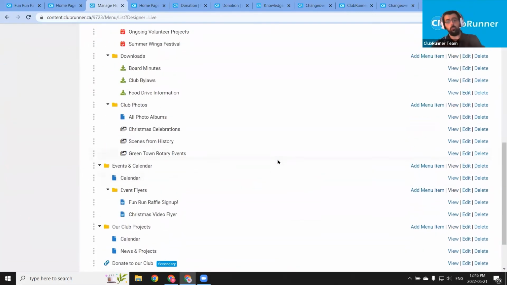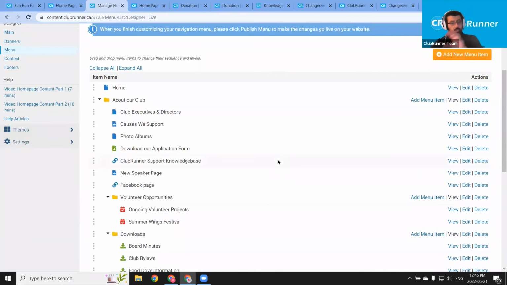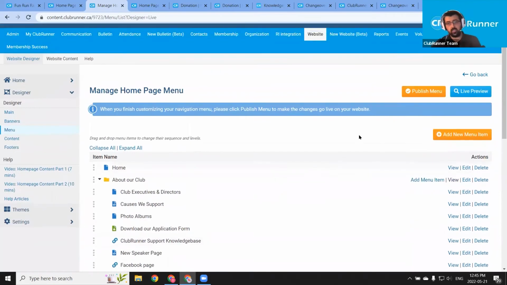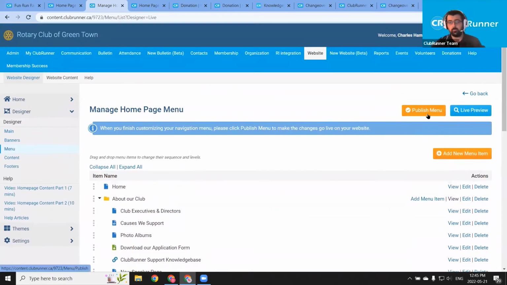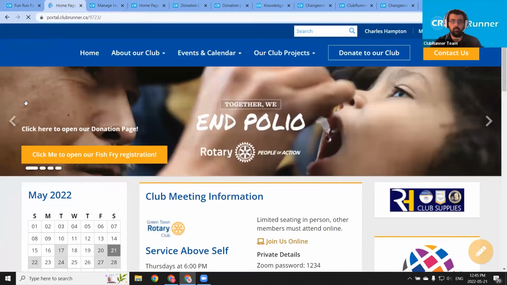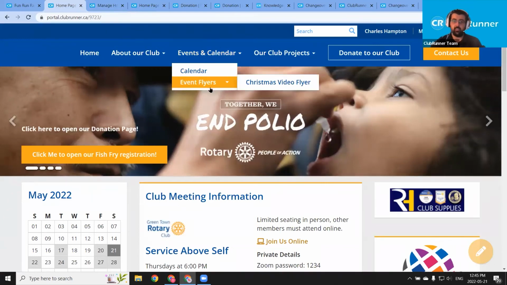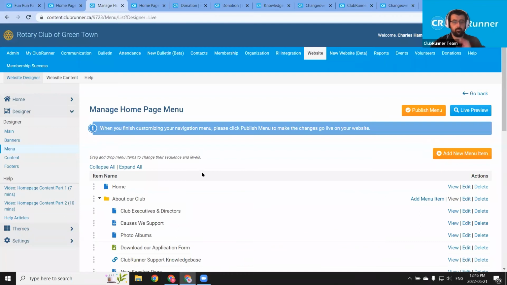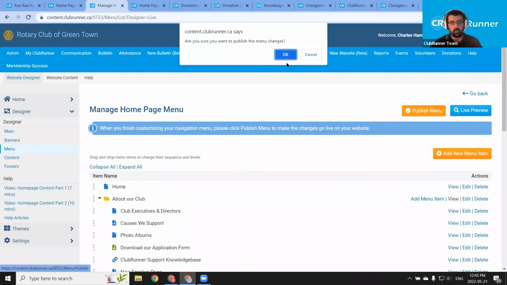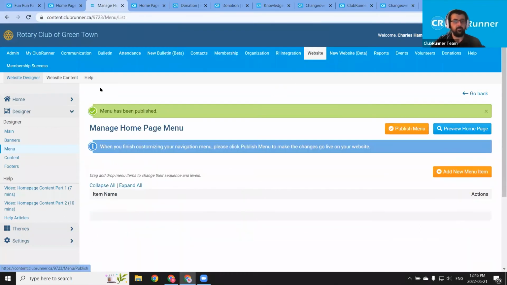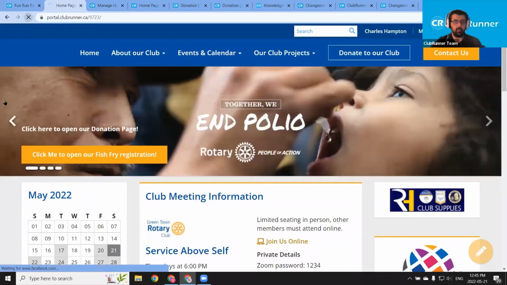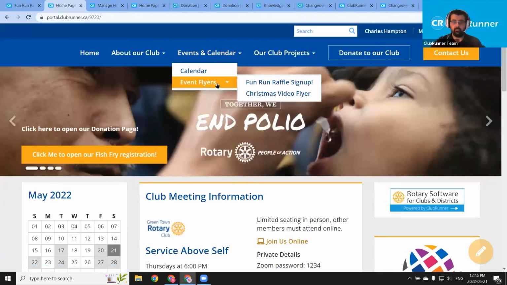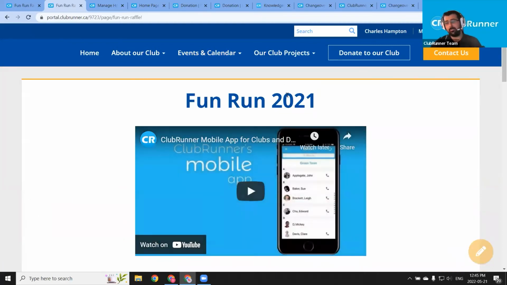And similar to the homepage designer, if you're just adding widgets and text onto those widgets in the designer, those wouldn't appear until we click this publish menu button. Just to show you guys, I'm going back to the homepage and I'm refreshing the page. Events and calendar, event flyers, it doesn't appear here yet, but if I go back to the manage homepage menu and publish the menu and then click OK, now we can see that if I refresh the page and go back here, event flyers, fun run raffle sign up, and if I click, it pulls up the custom page we've